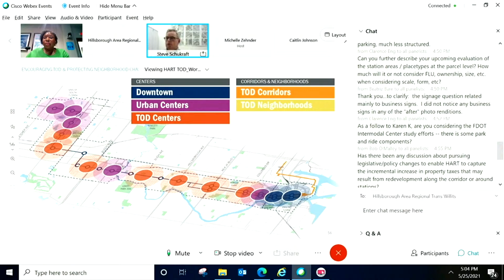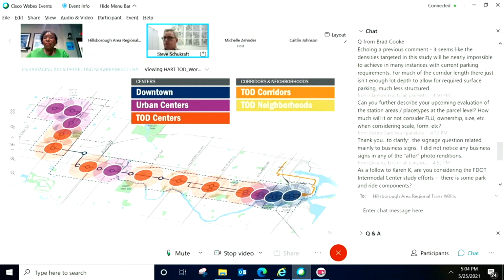So we want to put the right tools in place to allow that scale of development in the future and to allow it to be phased in over time. So when someone starts to build out the sites, they start to put the buildings in the right place to create a more walkable, transit-supported environment, and then can build out the rest of the property as it improves.